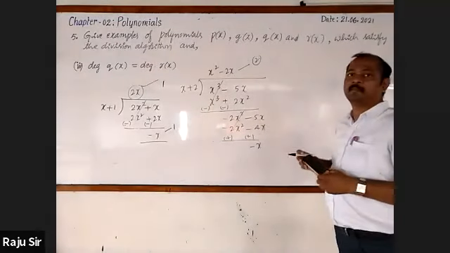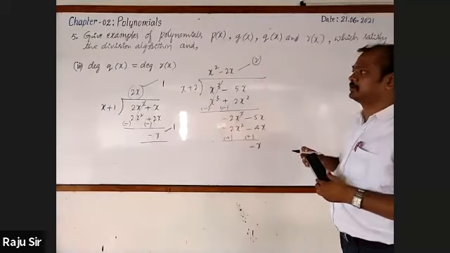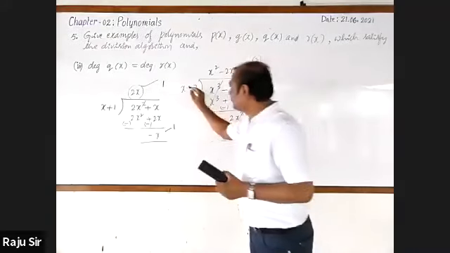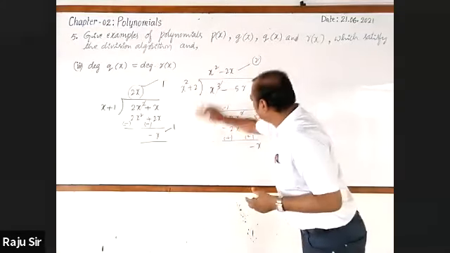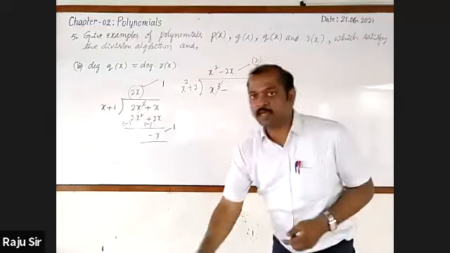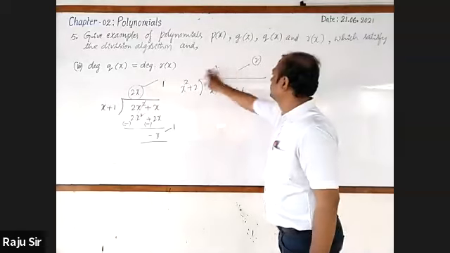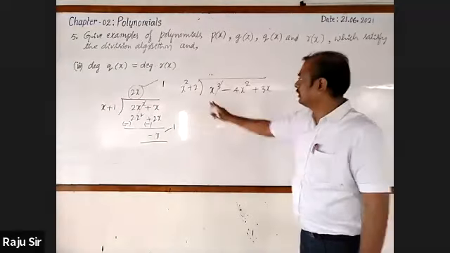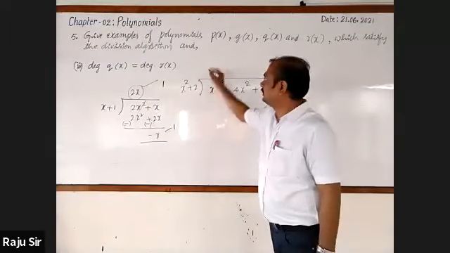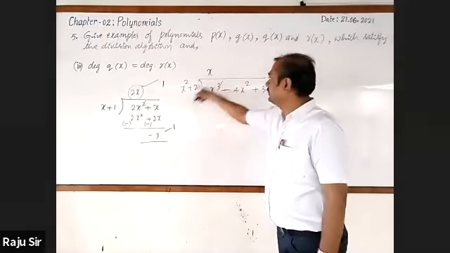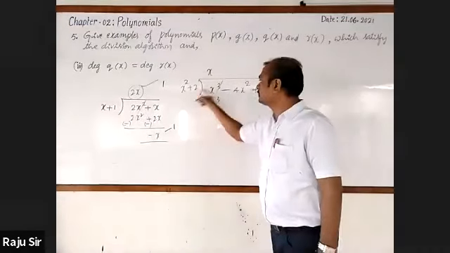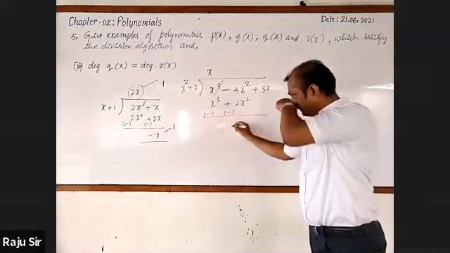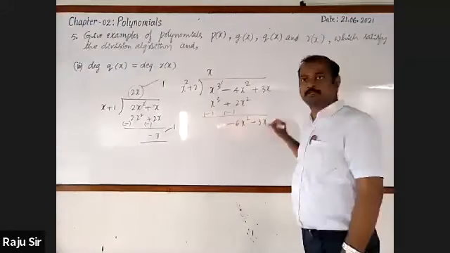Sir, Q of x should be x plus 1, sir. Very good. Yes. Again, I take this polynomial: x square, I take this as minus 4x square plus 3x. Now you may multiply. X square into x square; x into x square is x cube; into 2x square, taking the sides, minus minus, you will get minus 6x square plus 3x.